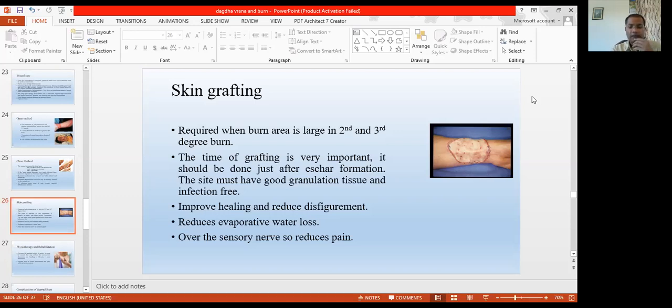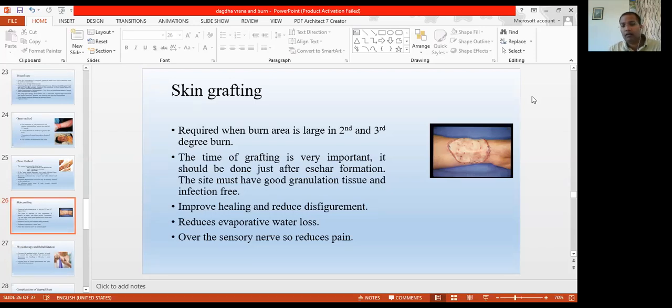And so the efficiency of the patient after the treatment, meaning the function of the limb or any joint which is restricted if you do not do the grafting, can be avoided if you do the skin graft at the correct time and it is well accepted. The wound is healed properly, so joint movement will not be affected, and the efficiency of the burn patient is up to full mark. So the patient can do his work very well.